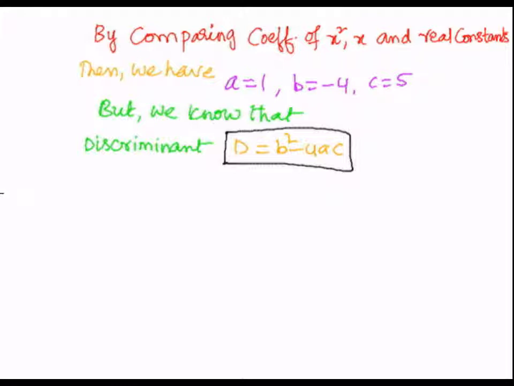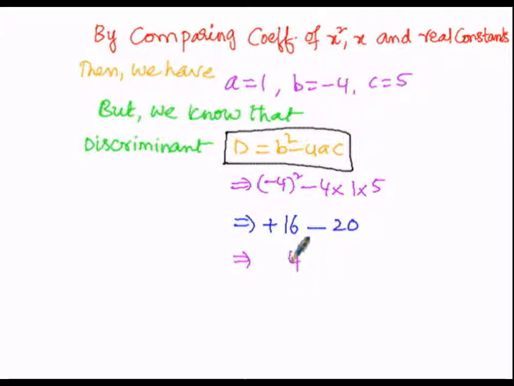So here the b value is minus 4, but it must be squared, because it is b square minus 4 into the a value of 1 into the c value of 5. That implies minus 4 whole square, and minus must be multiplied twice. So minus into minus is plus, 4 square, 4 fours are 16, minus 4 ones are 4, 4 fives are 20. By further simplification, the next logical step: plus into minus is minus, so let us subtract the greater minus the least, 20 minus 16 is 4.